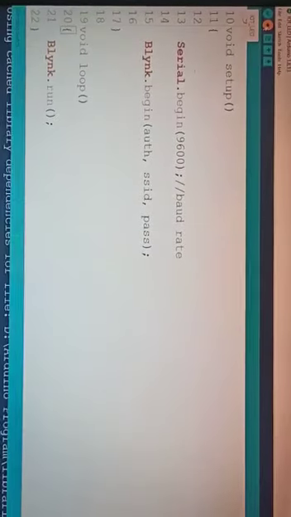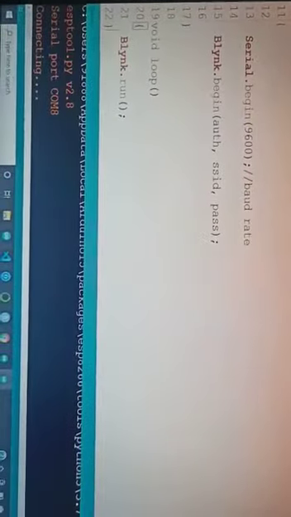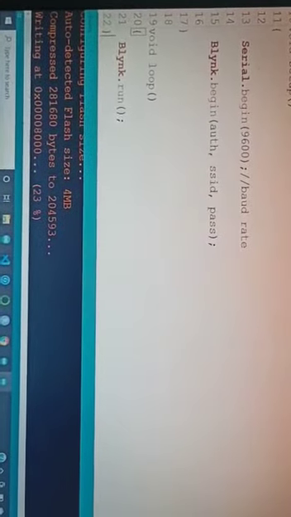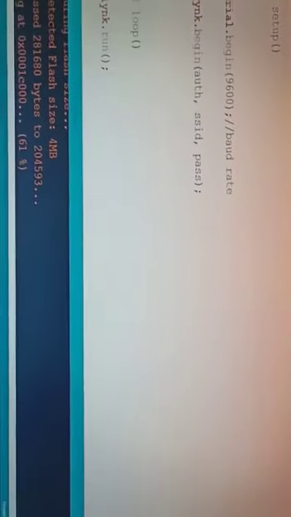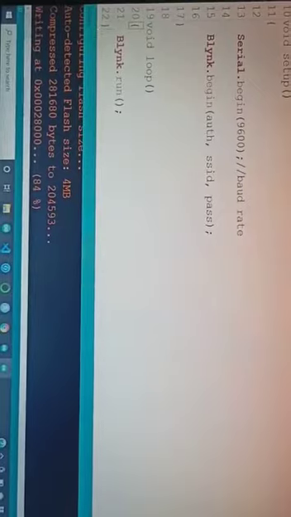Next we have to upload this program to our Node MCU. So as I am uploading this, if there is no error, it will directly upload to our Node MCU board. Here is our serial port. After uploading, we will check our internet connection on the serial port.